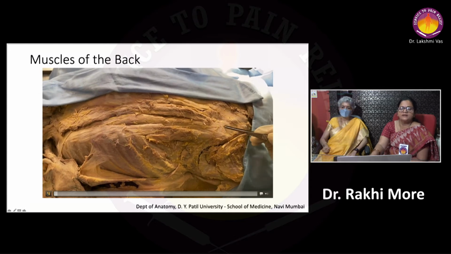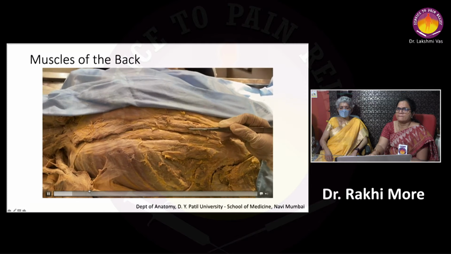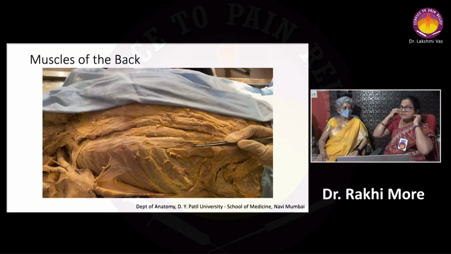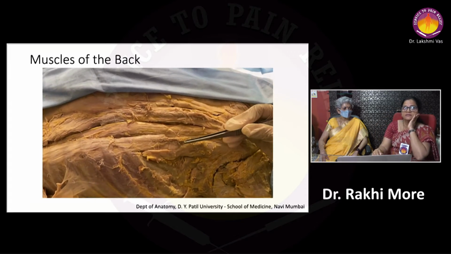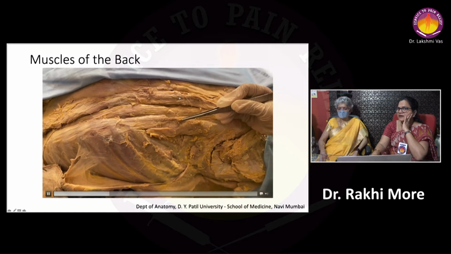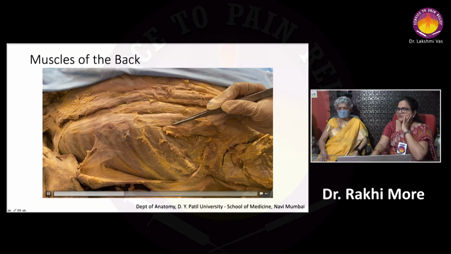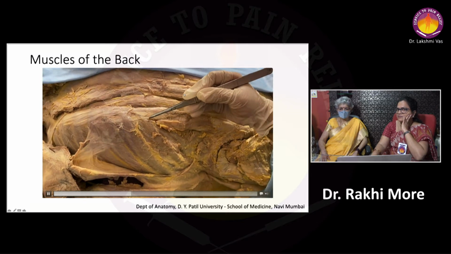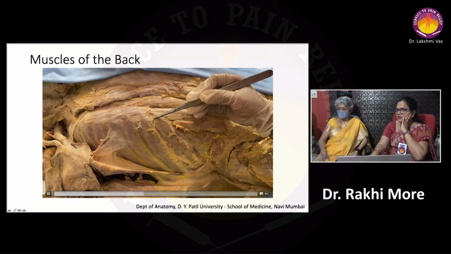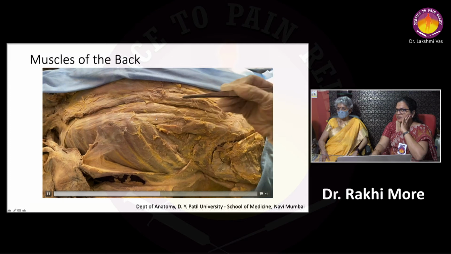of the muscles placed in the back. 3 groups. The one in the center will be the spinalis, the intermediate one will be the longissimus, and the lateral most one the iliocostalis. The fibers of the erector spinae muscle take origin and insertion in the form of a relay. So the fibers will take origin at the inferior level, then they will end at the superior level. The next group of fibers will again take origin at the next higher level. So this is how the erector spinae muscle covers up the whole spine right from the sacrum to the skull.